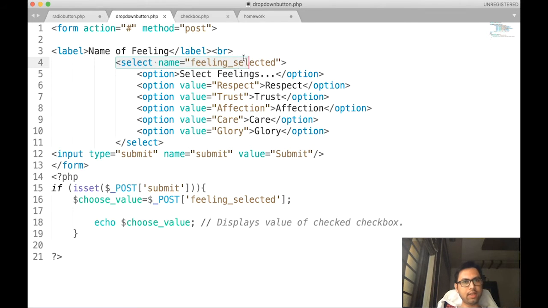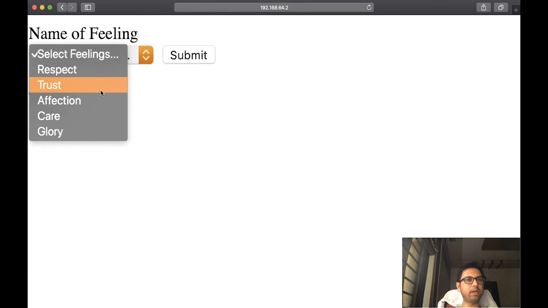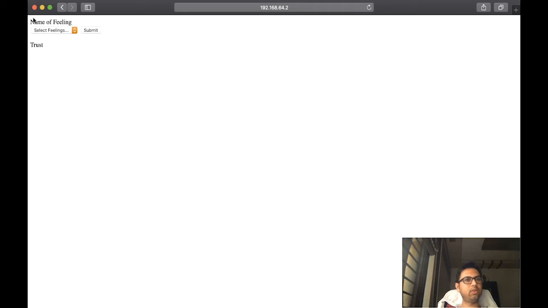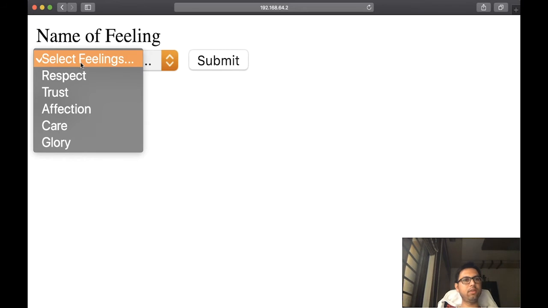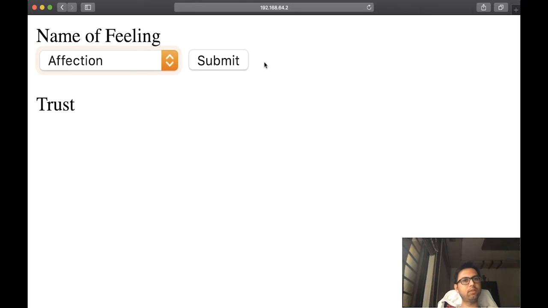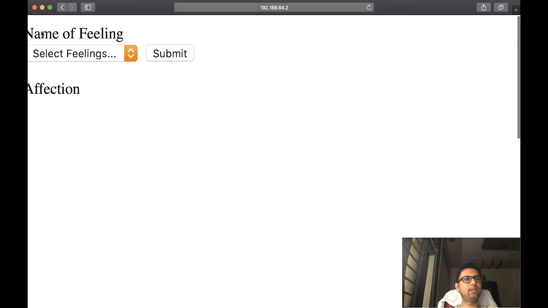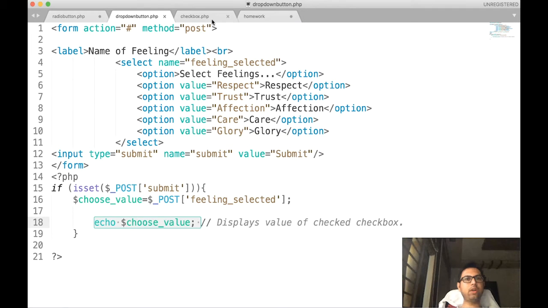You have to specify the select tag's name over here. So accordingly, whatever you select, automatically that value comes over here, and using the post method we can access that in the PHP script, and that is going to be printed using echo. The rest of the things are similar to the radio button program, and we had already seen the output. Let me change it. It is going to change as many times as I want. So that's it. Next program is for checkbox.